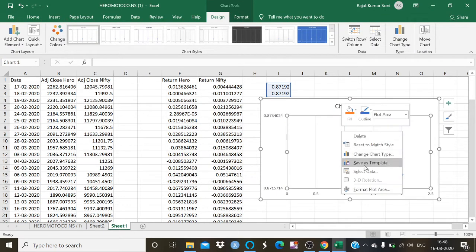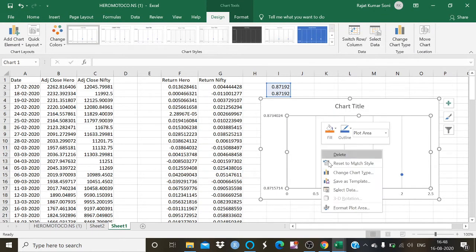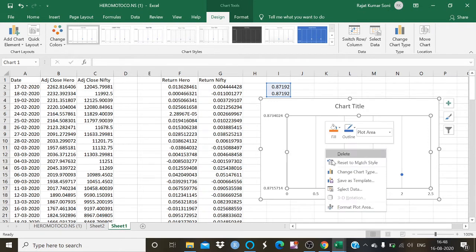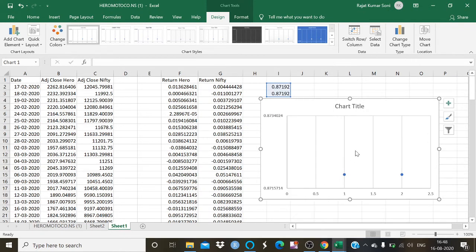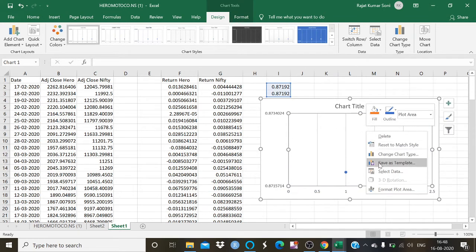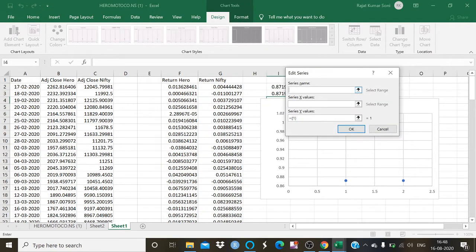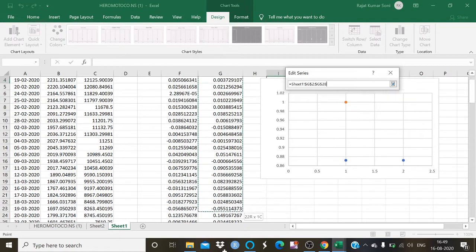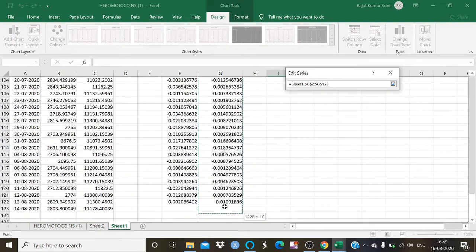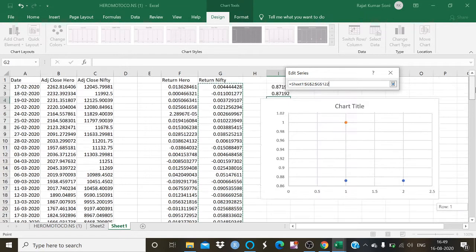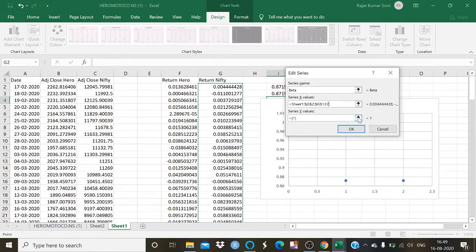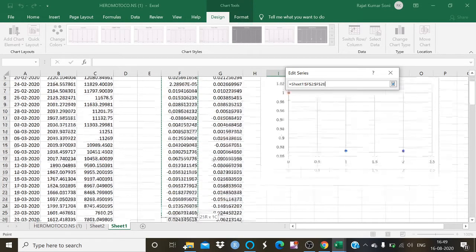Now here I'm going to add data, select data, and now I am going to name the series as beta, the x value as my Nifty return, and the y value as my Hero MotoCorp return.